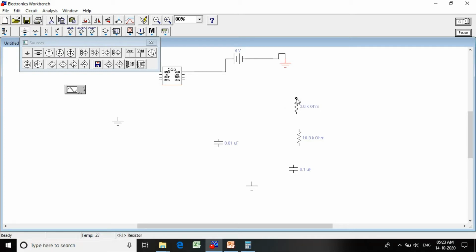And this will be connected to another end of RA, which is connected to plus VCC. We will short both RA and RB and connect that to the 555 timer IC.